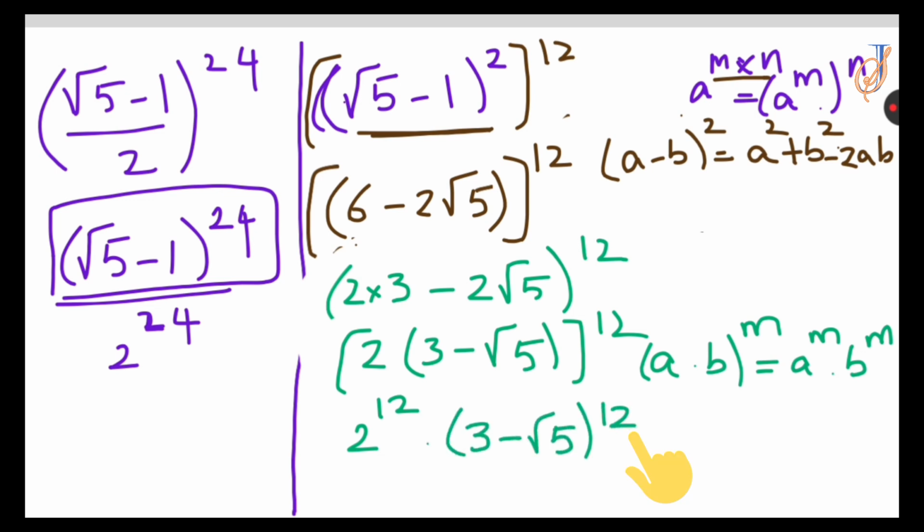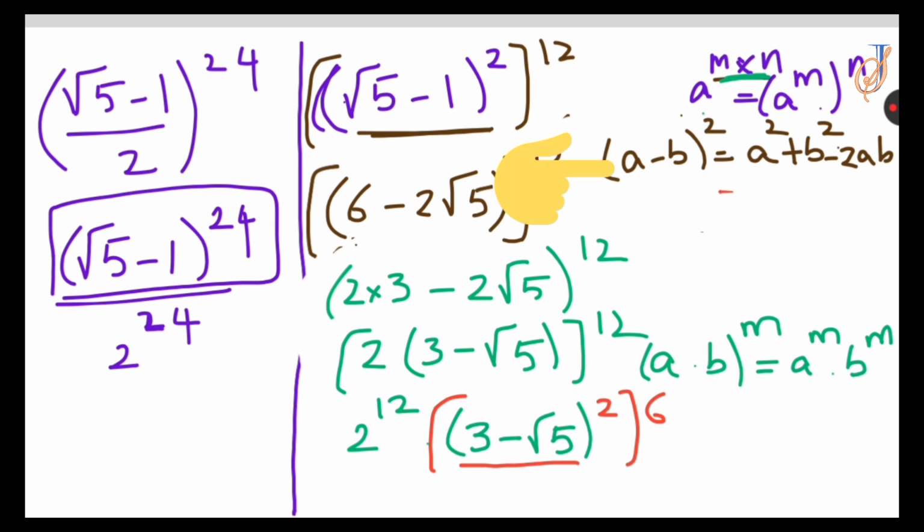This power 12 we can write as 6 times 2. Again it is in the form of a power m times n, that is equal to a power m whole power n. I am going to write this as 3 minus root 5 whole power 2 whole power 6. Now it is in the form of a minus b whole square. The formula is a power 2 plus b power 2 minus 2ab. So a power 2 is nothing but 3 power 2, which is 9,